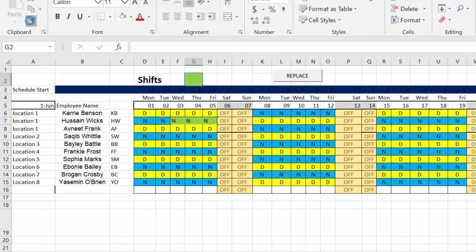And now we'll select it again. This person wanted these 2 days off, and possibly this person wanted those 3 days off. And so now what I'm going to do is hit my replace button, and it's going to replace all the cells that are green with float staff. So I'll click replace,